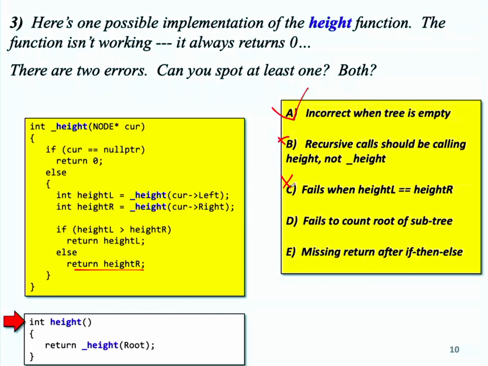All right, what about D? How many people think D is incorrect? Okay, but I mean incorrect as in it's not a possible source of error. Interestingly, D is a valid reason why this code is not working correctly. So, if you look at the code right here,